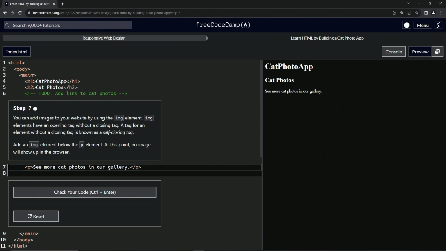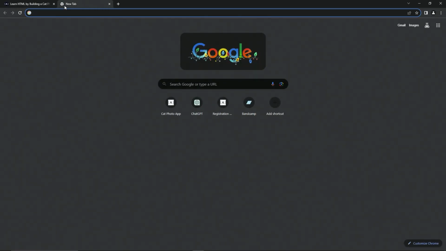Image elements have an opening tag without a closing tag. A tag for an element without a closing tag is known as a self-closing tag. It's also known as a void element as well. Let's look that up while we're at it. Let's go self-closing tag,